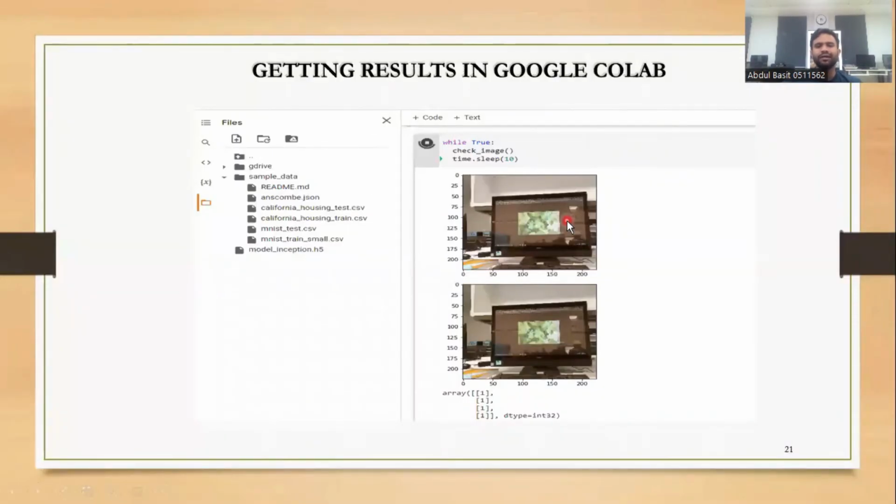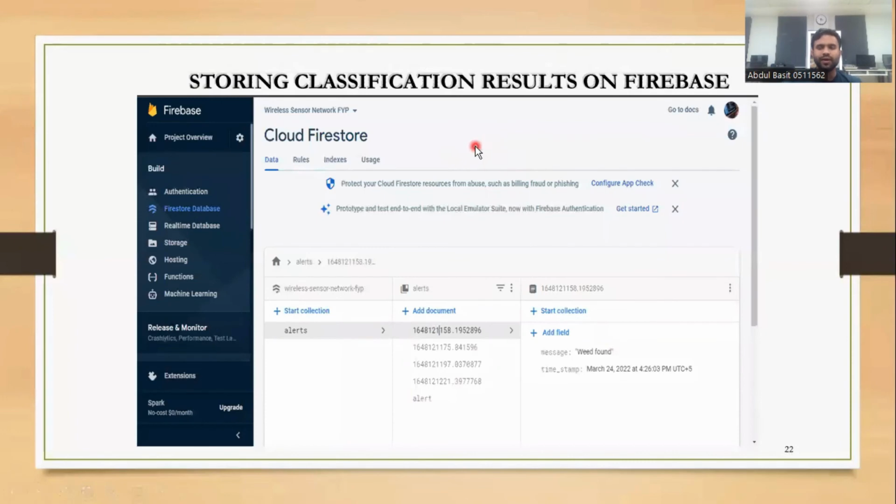This shows how it checks, with a while true loop, until the image is stored in Google Drive. It directly imports it into the kernel. We set 10 seconds for the kernel to check every 10 seconds whether there is an image, and if so, import it into the kernel. So whenever the model classifies a weed in our dataset,